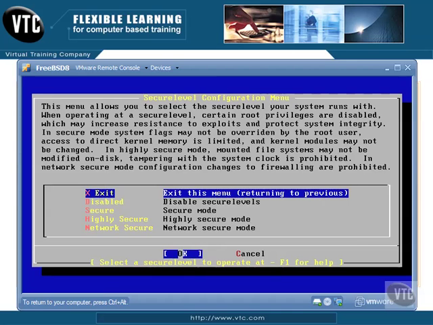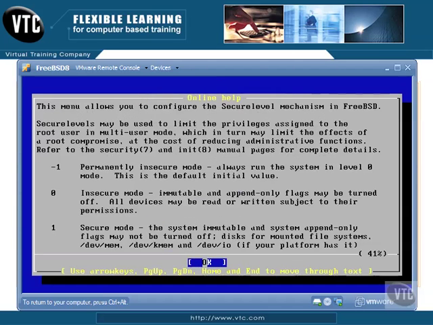Now, if you want to know what these modes do, simply press F1 for help. And this is basically going to tell you. -1 basically would be the setting that it will set in the system permanently in secure mode, always run the system in level 0 mode. This is the default value when the system is installed. In insecure mode, where immutable and append-only flags may be turned off, all devices may be read or written to